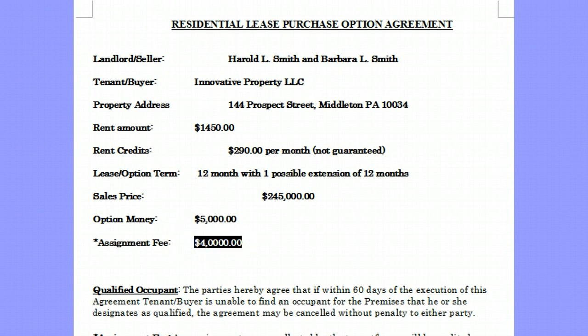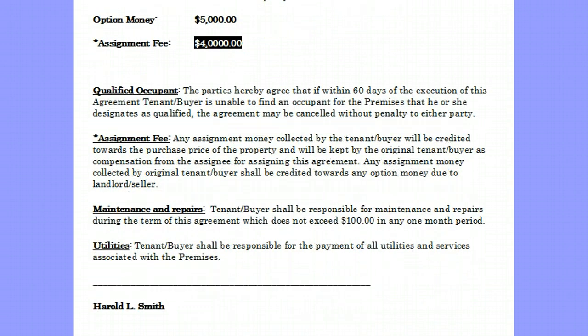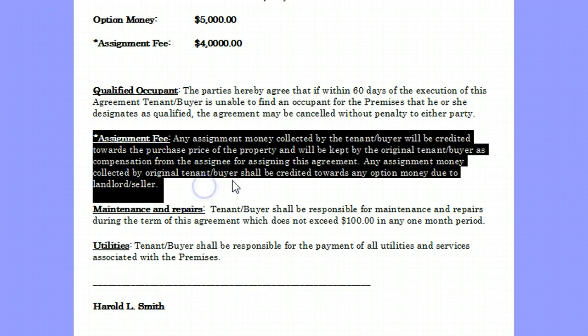keeps $1,000. Now the qualified occupant, you'll notice here that this assignment fee has an asterisk, and then we generally jump right down to the assignment fee. Now, Mr. Seller, any assignment money collected by the tenant buyer will be credited toward the purchase price of the property. And this will be kept by the original tenant buyer as compensation, which is us, for the assignee for signing this agreement. Any assignment money collected by the original tenant buyer will be credited towards any option money due